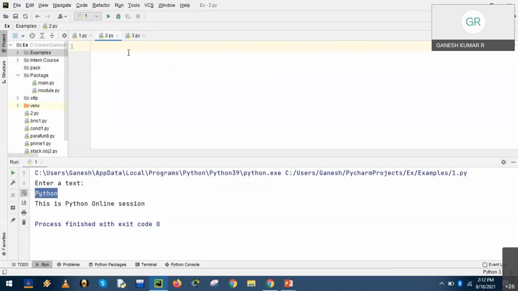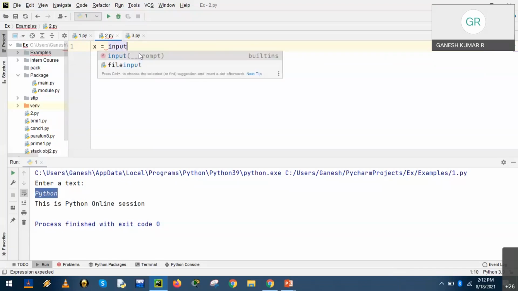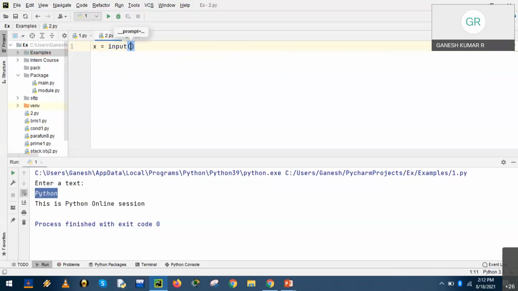Now let us check with another sample program. Let me start with the variable x is equal to input, enter a number. The input function accepts a string, so the prompt needs to be enclosed in double quotation marks.